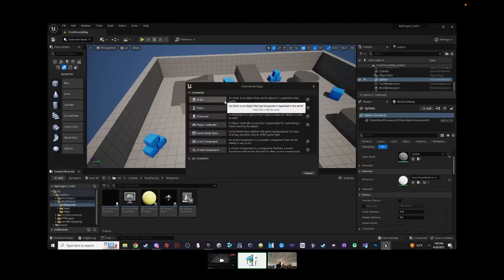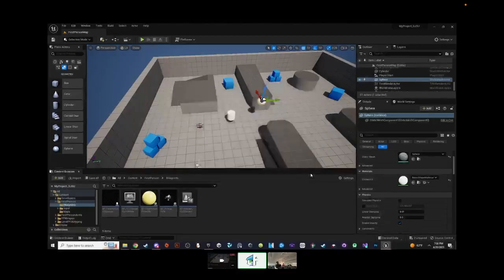Like, what's an actor class? It's an object that you can place in the world or spawn in the world. A pawn is an actor that can be possessed, like if it has player input. So what if you have a character that you want to control from a third person? You could do that, or even a shooter character class, where it's a type of pawn that has the ability to move and walk around. Controller class and all that stuff. So all this complicated stuff, but it's there, and you can actually take the time to read it.